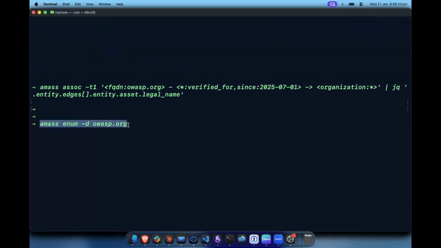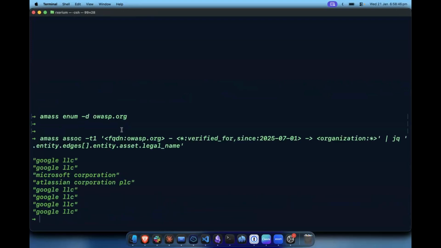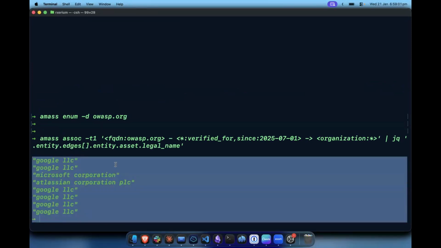So this would be your enumeration command, and that will go through your scanning of any given target. Once that is completed, the way in which Amass stores the data is in a database, which is automatically set up locally. The way in which we can query that database is using the Cypher-style querying language. I've got a command here, which is the assoc command, which queries the database locally. And you can see that they've got these services by these companies that are associated with